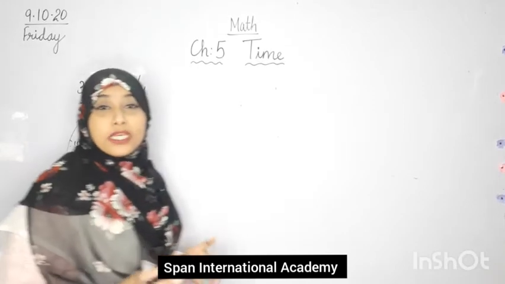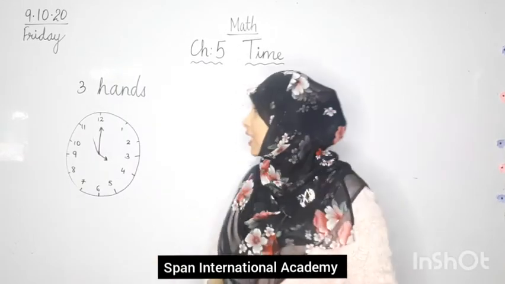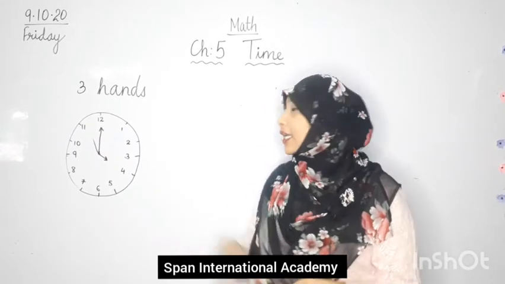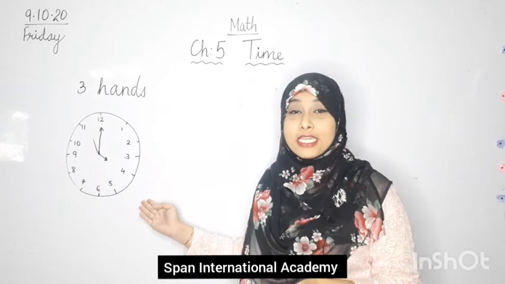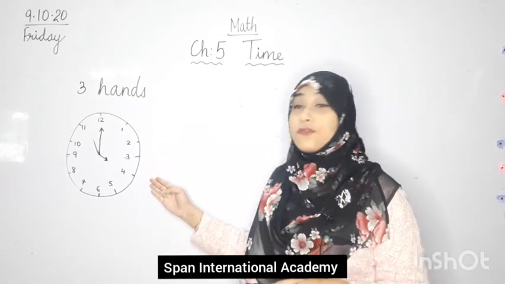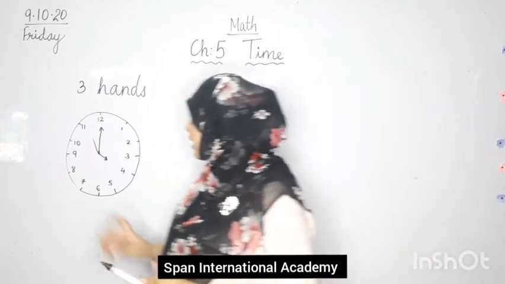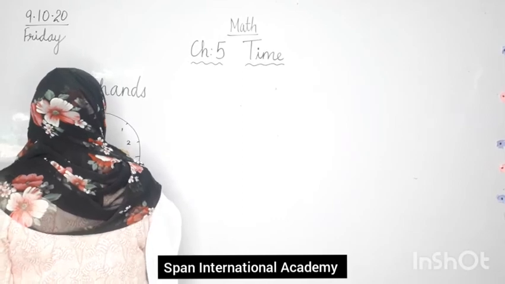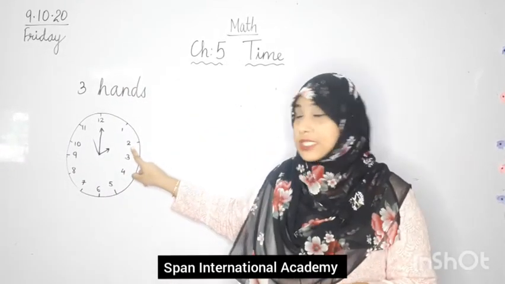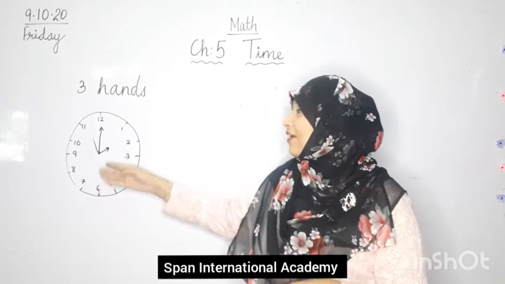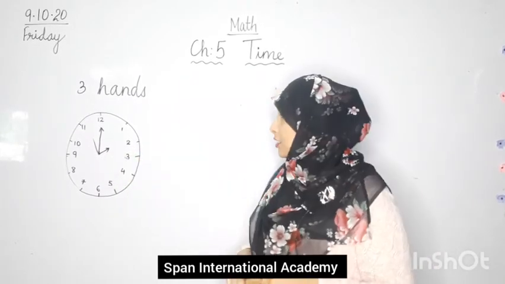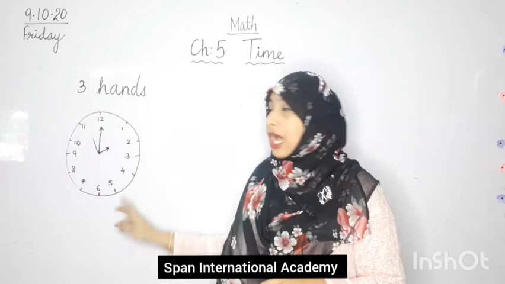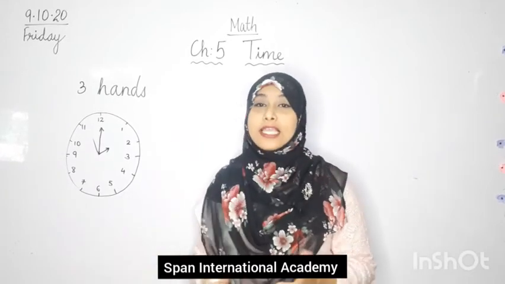In our previous class, we even learned how to read the given time. Can you all look at the watch and clock and tell me what is the time now? Look at this clock. Yes, you all are right. It is 4 o'clock. Similarly, if I move the hour hand to number 2, so now what is the time? Yes, you all are right. It is 2 o'clock. Today, what we are going to learn is how to read the time in minutes. So, let's get ready.